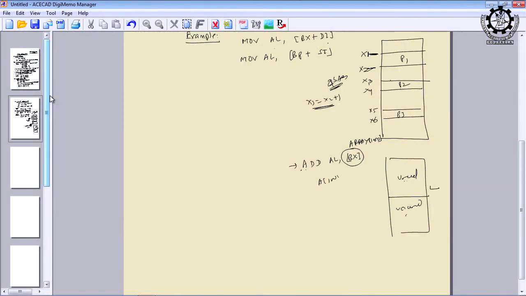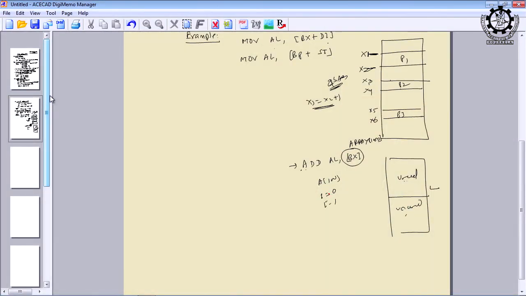For example, if you write array 100, index I equal to 0 means it is accessing the first element, just like in a C program. If I write I equal to 1, I am accessing the second element of the array. I equal to 2, I am accessing the third element, and whenever it is 99, I am accessing the 100th element.